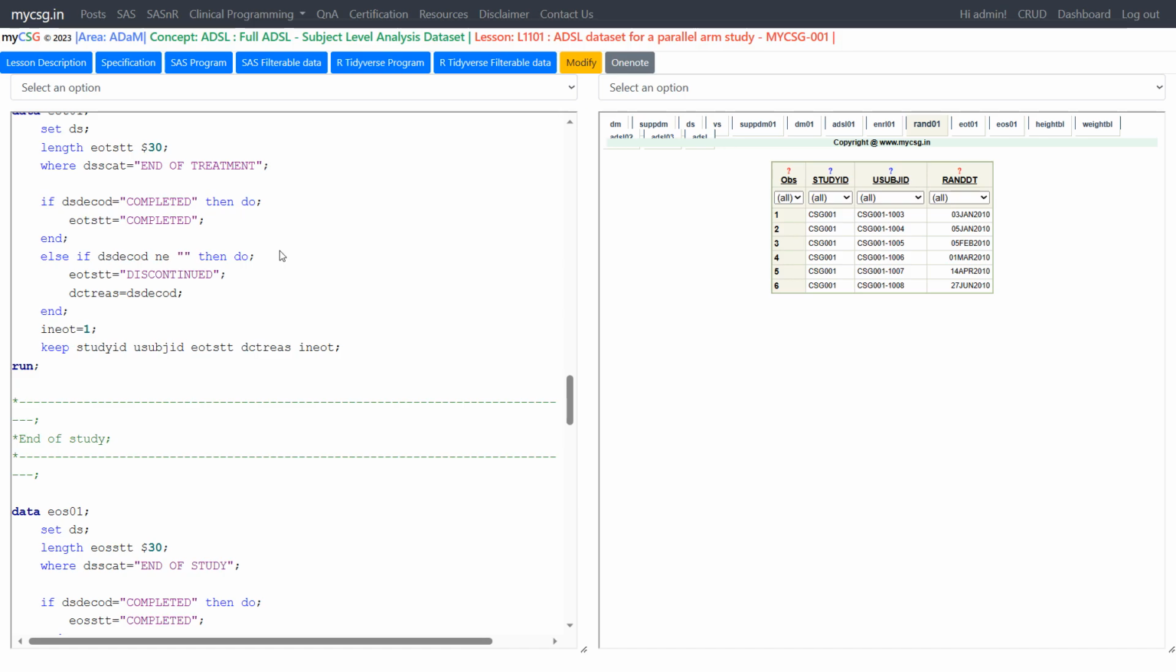End of treatment state, end of treatment record. The first one was EOT STT, so whether we need to populate it as discontinued or completed. We were asked to use the variable DSD code to create EOT STT, and to populate it as completed when DSD code is equal to completed. So we are assigning the text completed to EOT STT when DSD code is equal to completed on end of